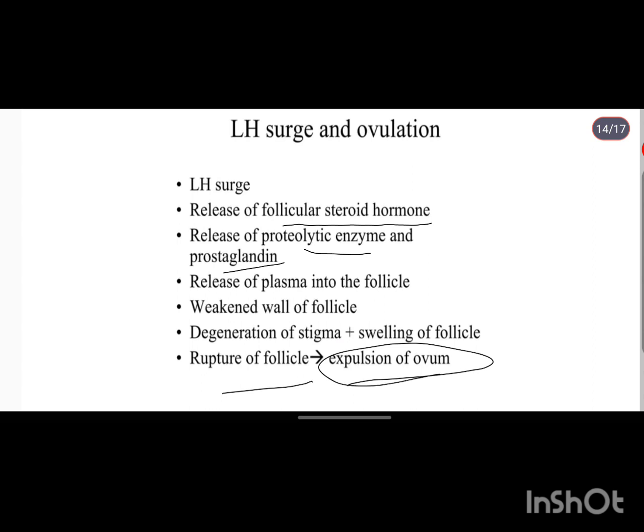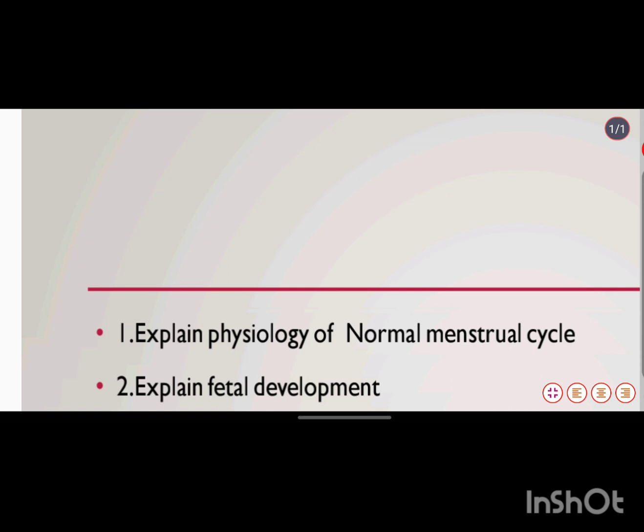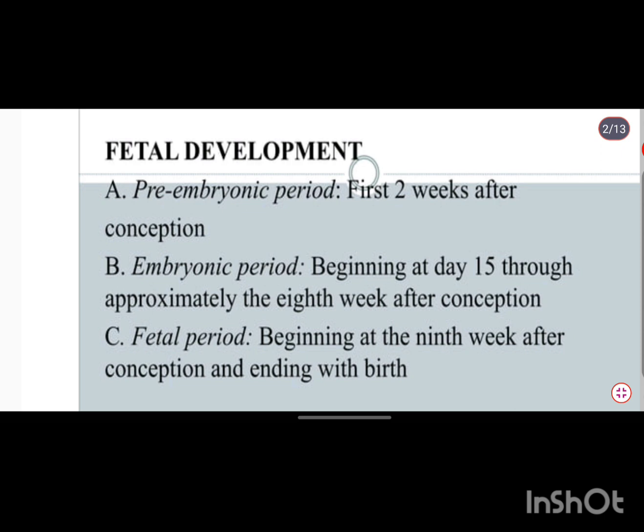So these are the things that you are supposed to write when they ask for the physiology of the normal menstrual cycle. The next question we are going to see is about fetal development. When they ask about fetal development, you are supposed to write it in stages. First of all, you need to write about the pre-embryonic period, that is the first 2 weeks after conception, and the embryonic period, which begins at the 15th day through the 8th week after conception, and